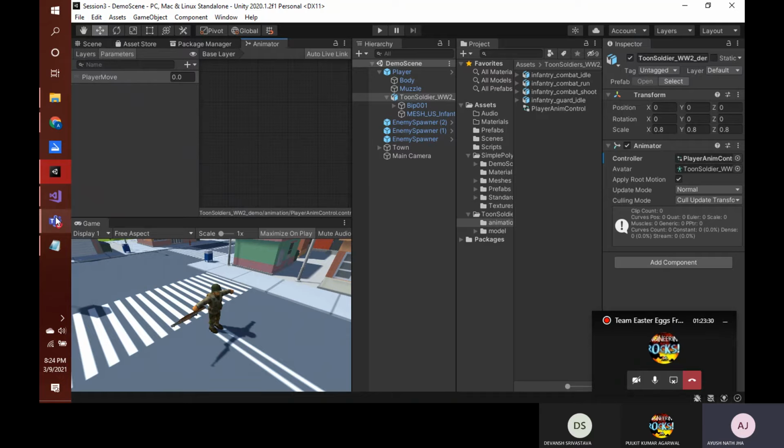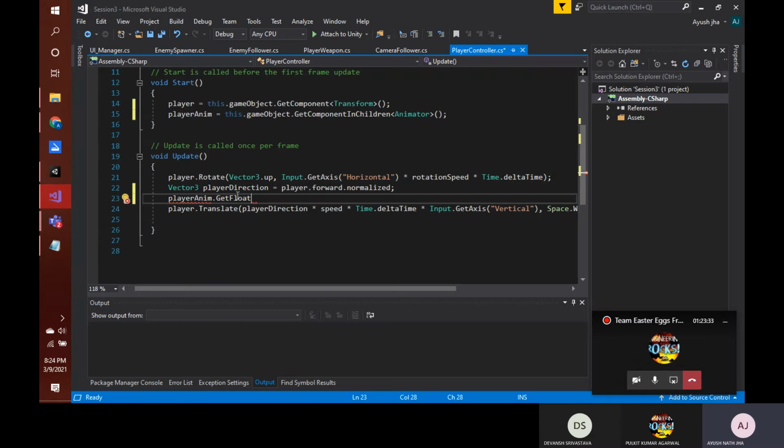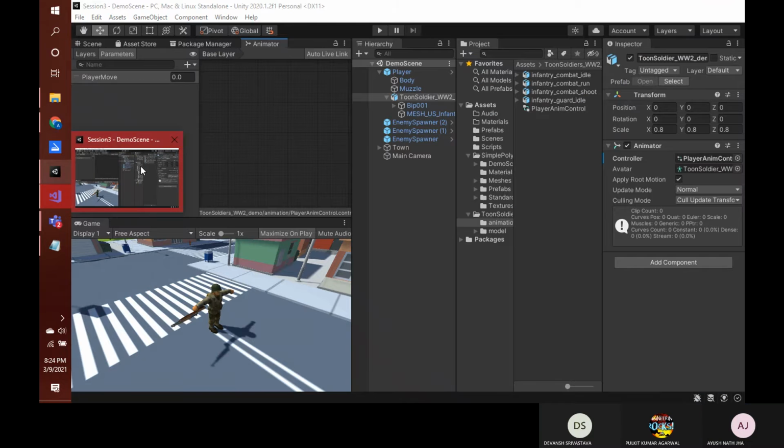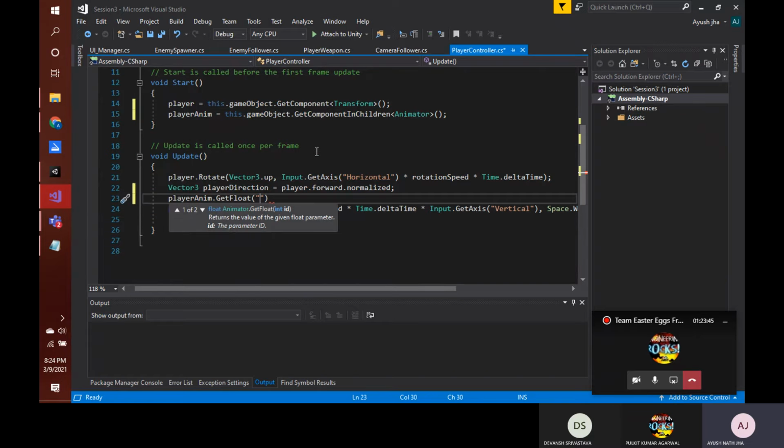Yeah, this is of float type, so we need to have a GetFloat. From that playerAnim, what we need is a float type of parameter, so GetFloat. And what is the parameter name? Parameter name is playerMove, right? So playerMove. Okay, playerAnim.GetFloat(playerMove).